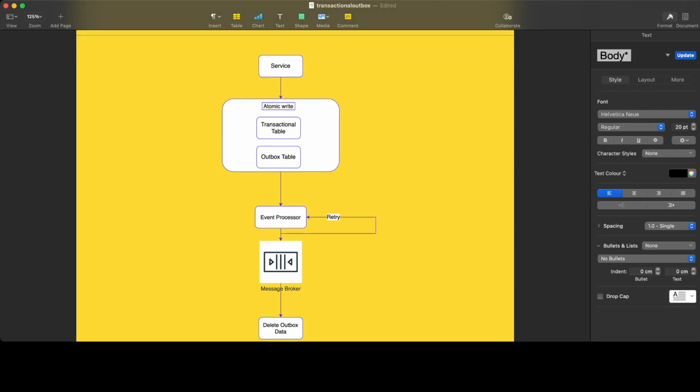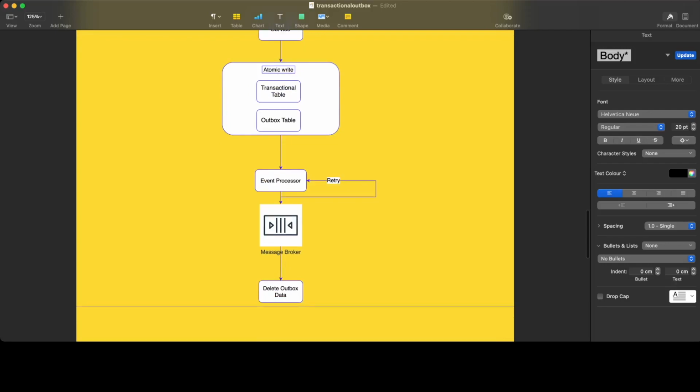So this is the service where everybody calls a write. This is a REST application. Think of this as a REST endpoint where orders keep coming in. So we write to the transactional table, which is the order table, and we also write to the outbox table at the same time. Both of these happen in a single unit of work. Either both succeed or both fail.